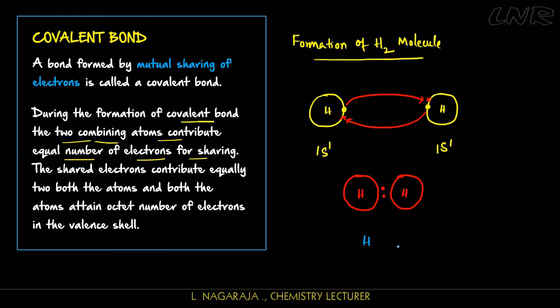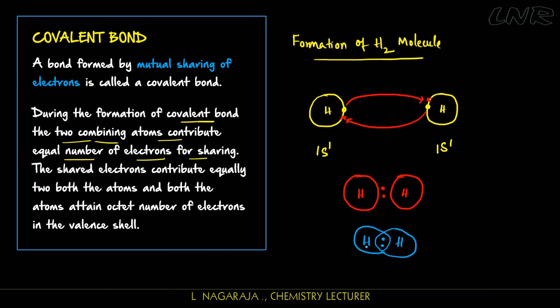So between the hydrogen atoms it contains one pair of electrons. One electron from one hydrogen atom and another electron from the other hydrogen atom are mutually shared. There is one pair of electrons between the two atoms. So these two electrons are responsible for both the hydrogen atoms. That is, the shared electrons contribute equally to both the atoms, and both the atoms attain a stable number of electrons